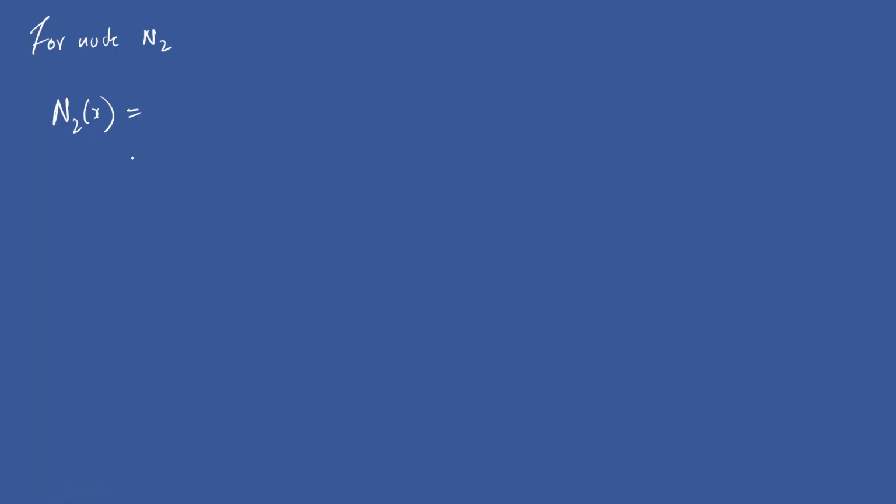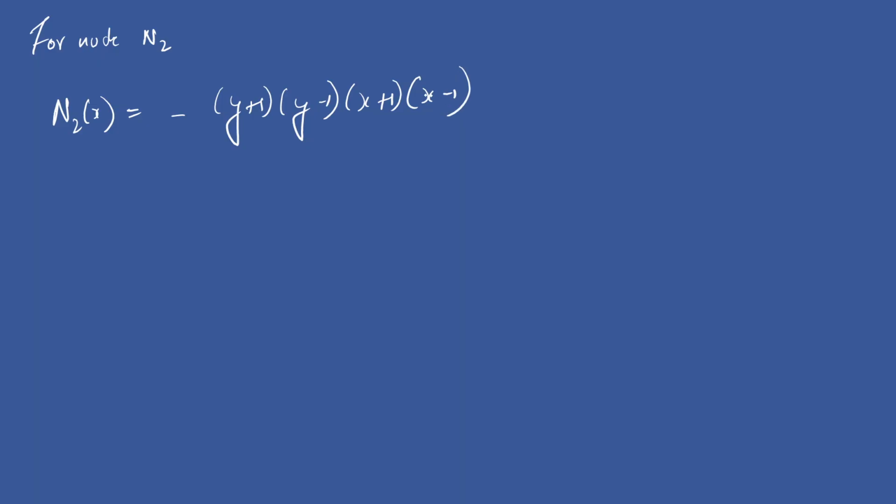So you can evaluate what is LITX and LITY. So final n2x which we are having with us is minus y plus 1, y minus 1, x plus 1 and x minus 1. If you take the product of this is 8, then accordingly for n at x you can calculate it is x minus 1,